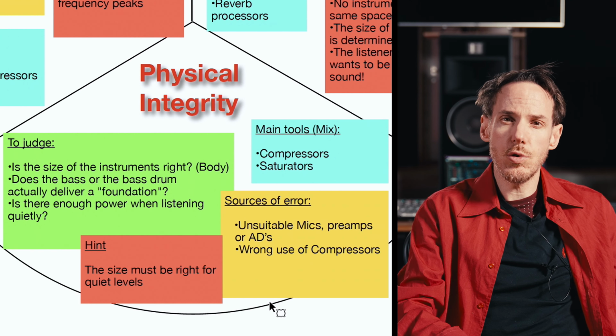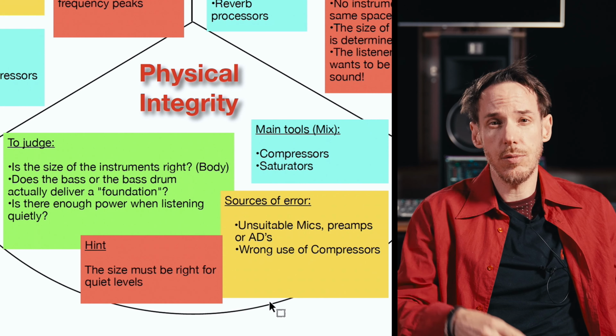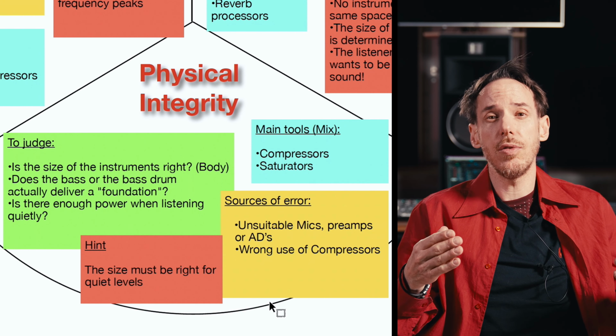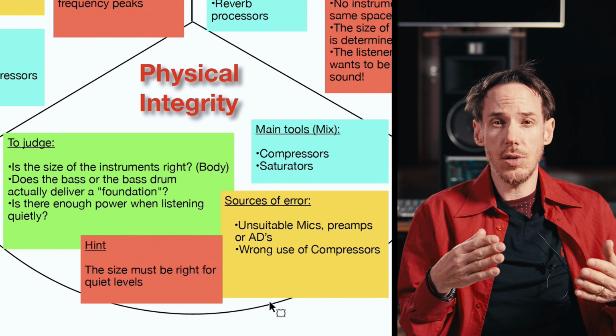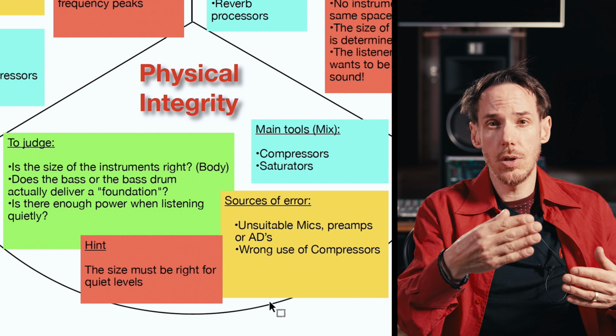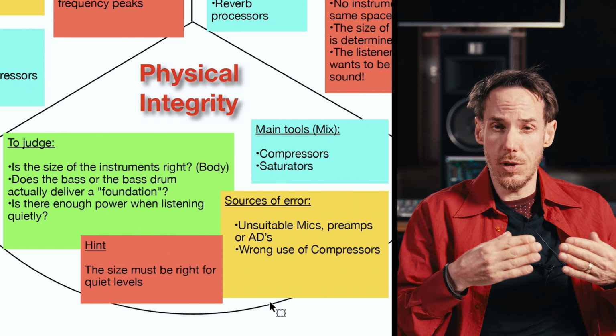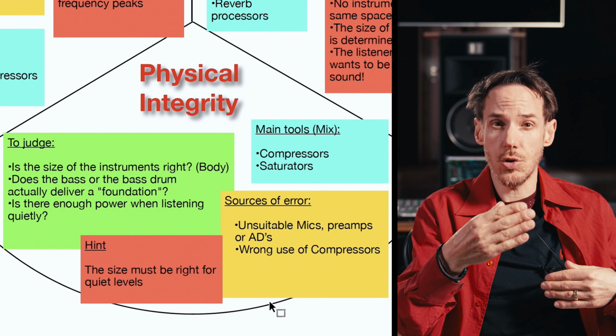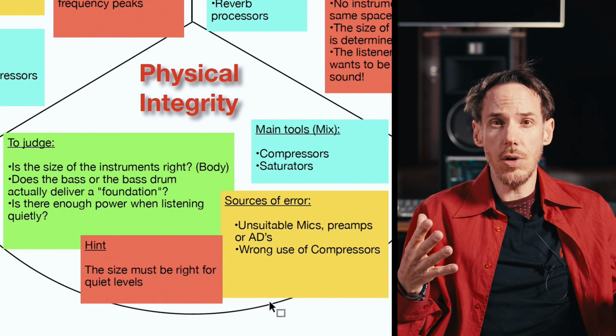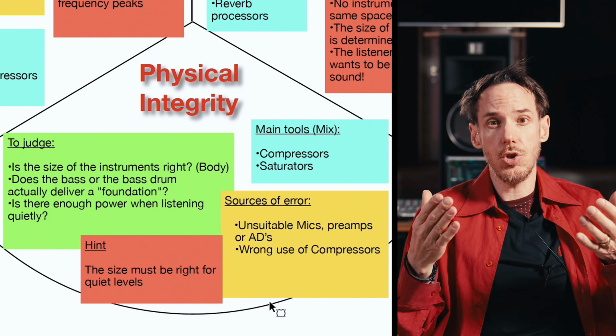The third thing is physical integrity. And this is something you don't hear that often. Physical integrity is often referred to as punch. However, not in every musical genre do you always need punch on a bass drum. In jazz, sometimes we are looking for punch, yes, but what for sure we always want is, if the bass drum has a certain size, like a 22-inch bass drum, we want to feel that, we want to hear it. A double bass has a huge volume in it, the wood, way more than a violin.